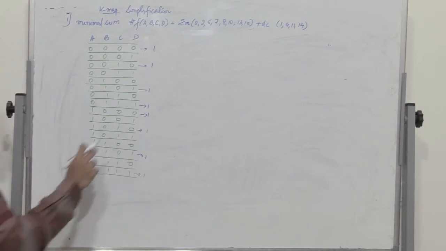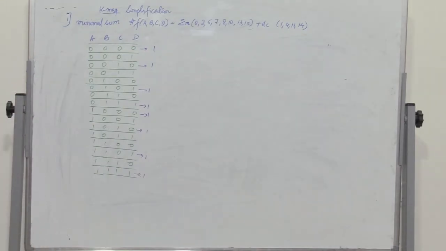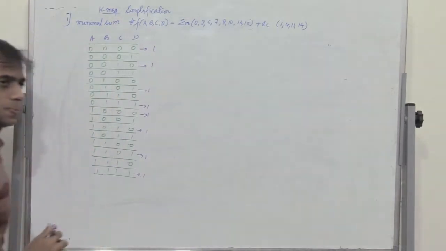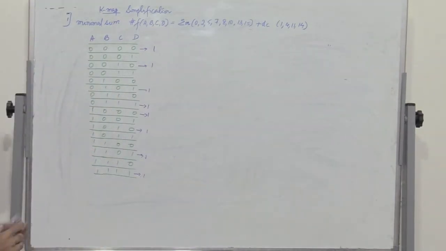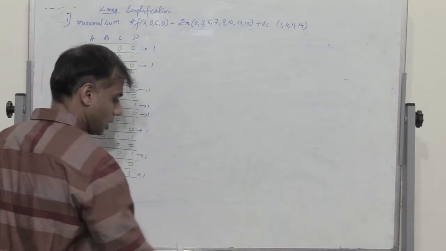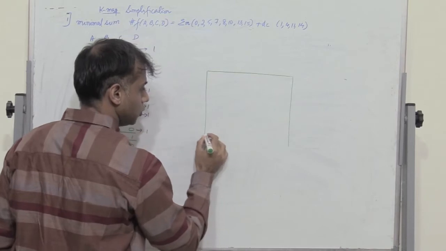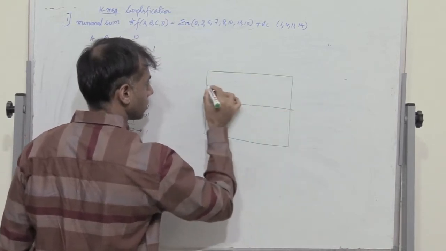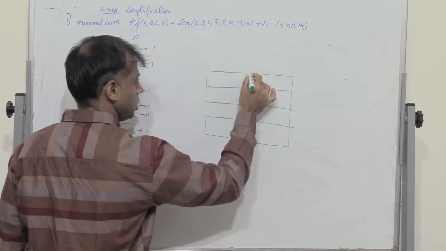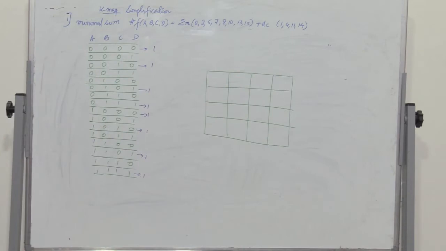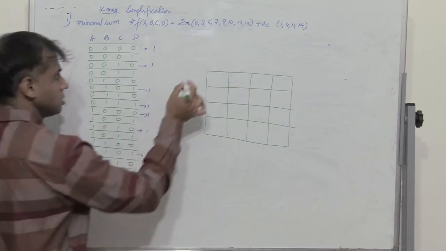Now apart from that we have don't care elements. So don't care elements are also used for the process of simplification. So when we construct the K-map, we will put an X in these positions in the K-map. So let us construct a four variable K-map. So we have 16 boxes when we construct a four variable K-map. So here I'll try to simplify the process of explanation without talking too much about technical jargons.